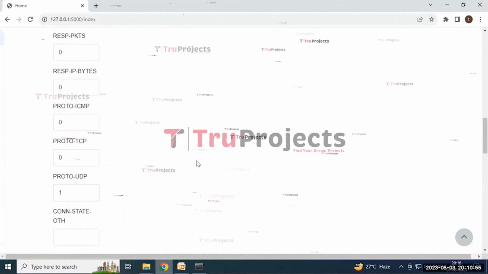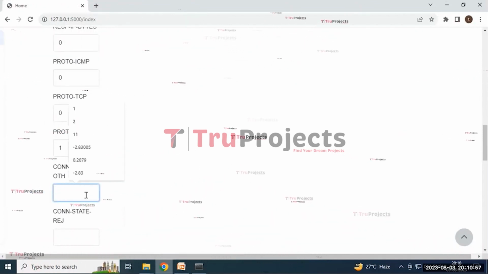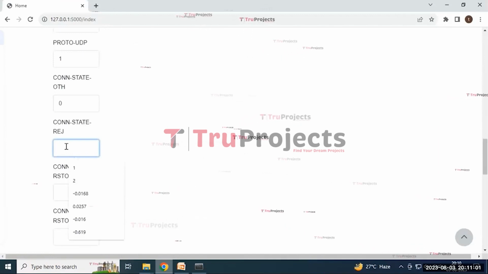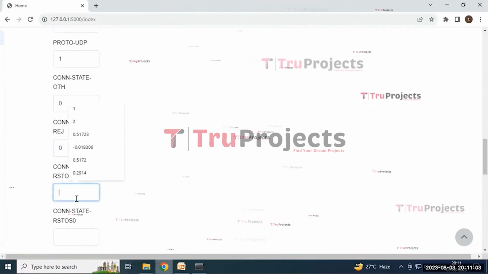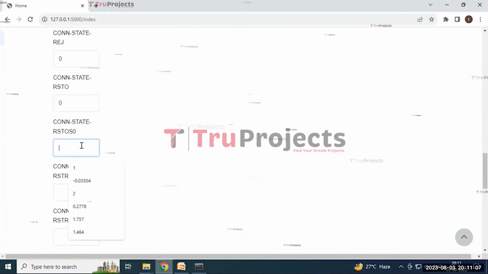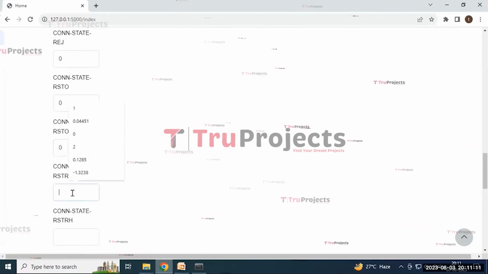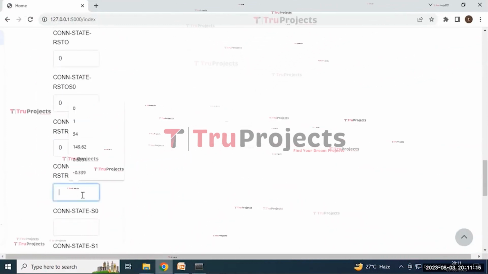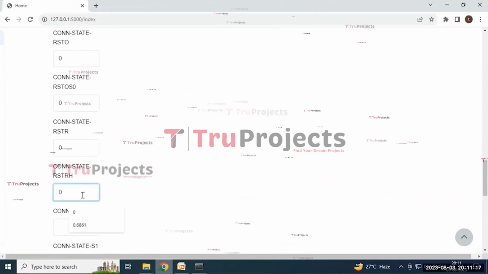UDP is 1, and the conn state OTH is 0, and the conn state REJ is 0, and RSTO is 0, and RSTOS0 is 0, and RSTR is 0, and RSTRH is 0.